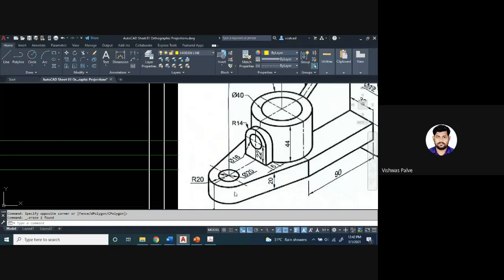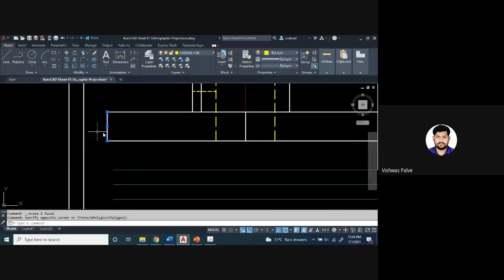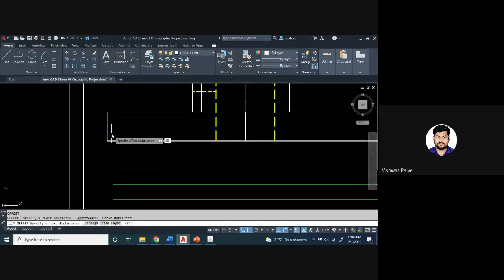Now the slot. When we observe it from the front, you will get a hidden line at a distance of 20 millimeter. First I will draw a center line and diameter of 20. So for representing it, offset of 20 on this side, this should be a center line, offset of 10 on both sides.